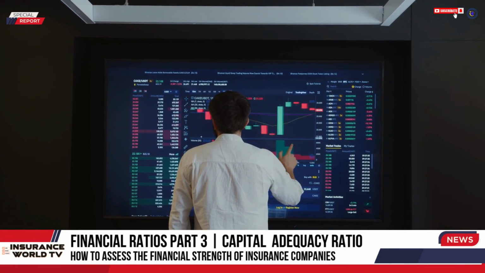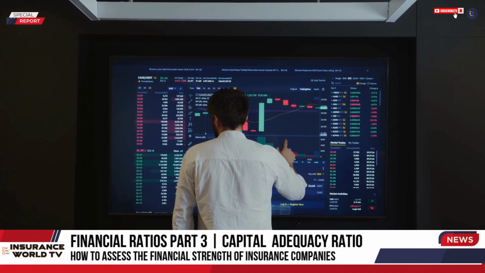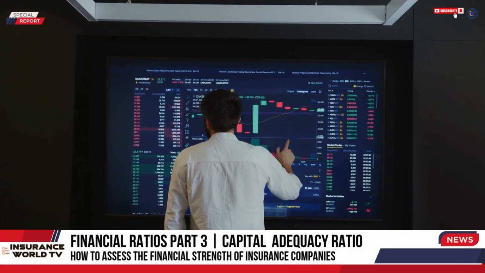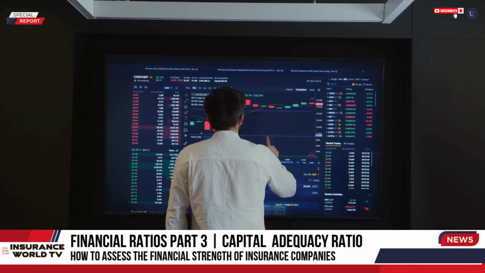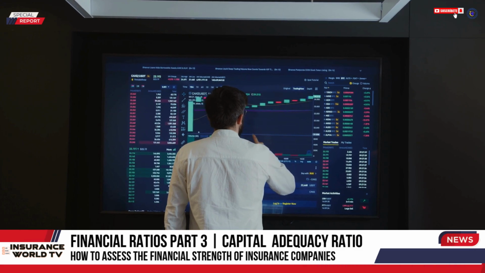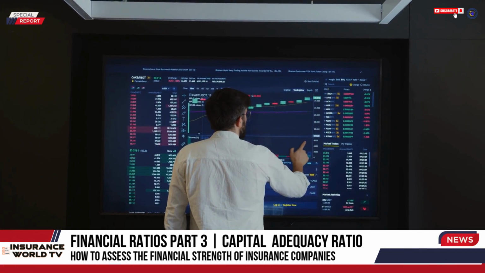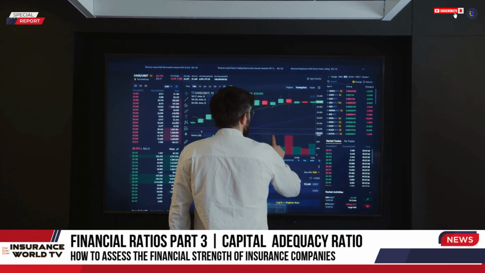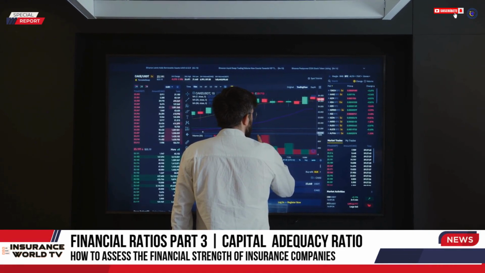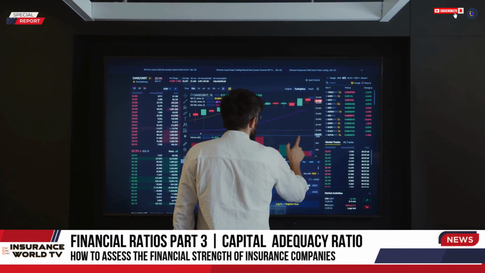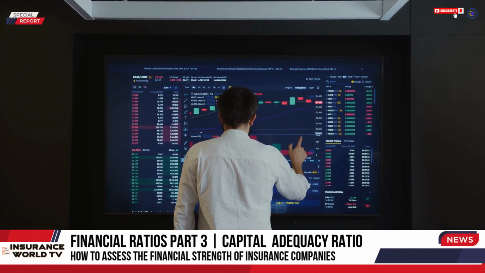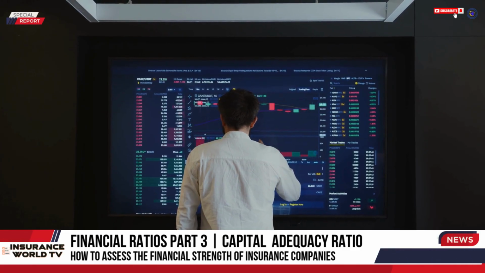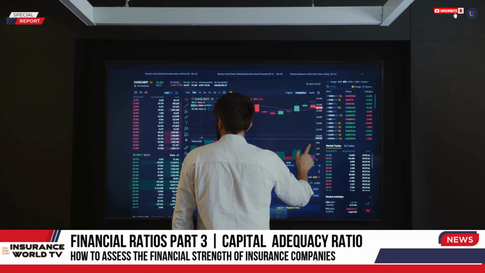Once you get any of the reports above, look for capital or shareholders' funds, solvency or capital adequacy disclosures, minimum capital requirements, solvency margins, and risk-based capital compliance. Always use audited and published figures. These items from the reports will help in calculating the capital adequacy ratio. In the next topic, we demonstrate how to calculate the capital adequacy ratio.